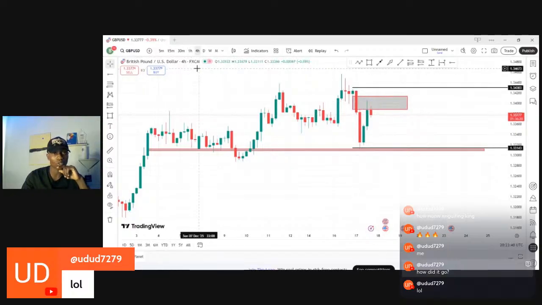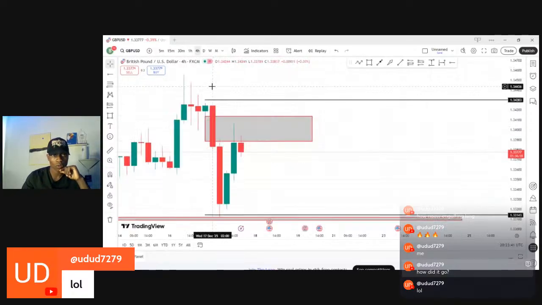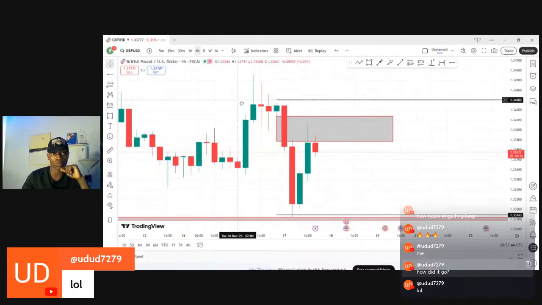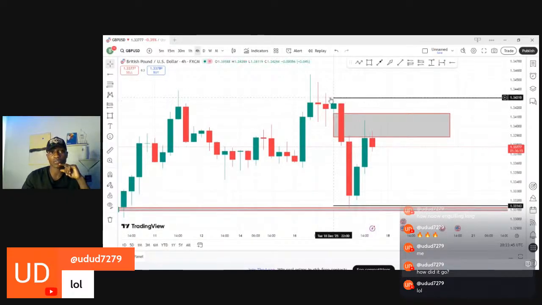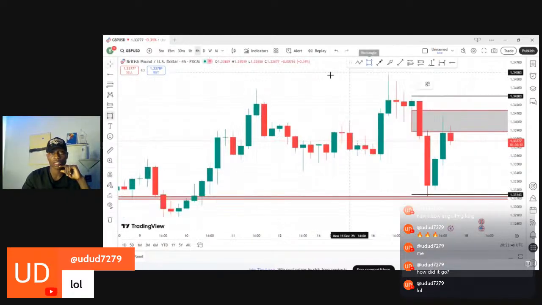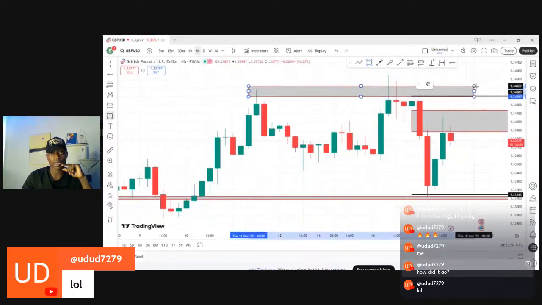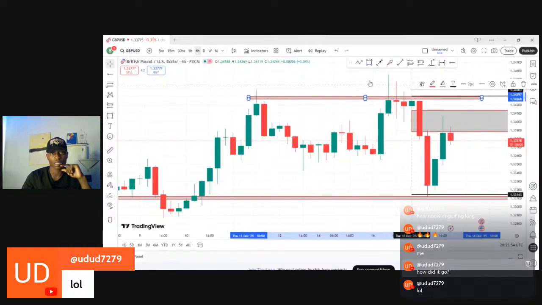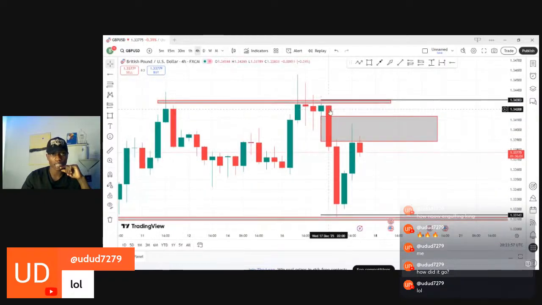So what exactly are we going to do tomorrow? Okay, let's say this is the resistance level. You understand? Let's say this is the resistance level where the market is trying to respect. Then it give this particular bearish engulfing candle. Then when it's taking the impulsive move to the downside, it leave a fair value gap. That's the fair value gap. Let's say it went up to fill the fair value gap, but regardless, we are still